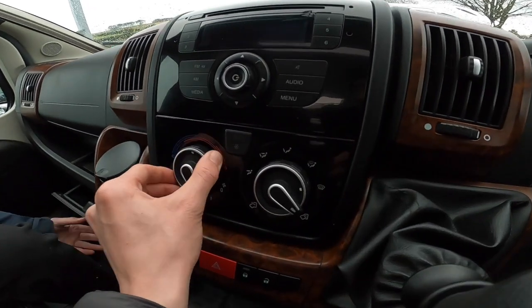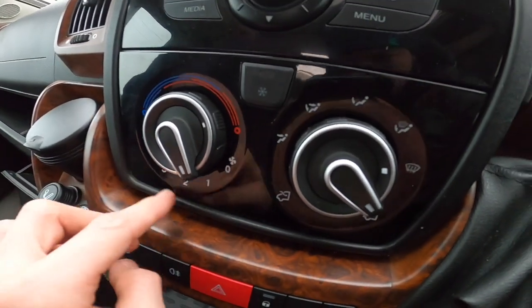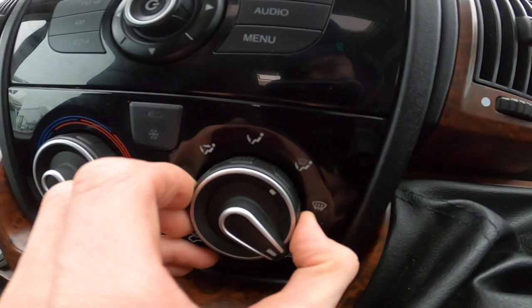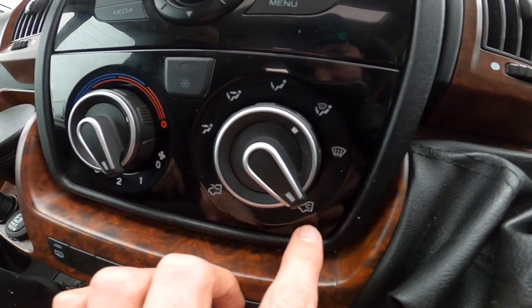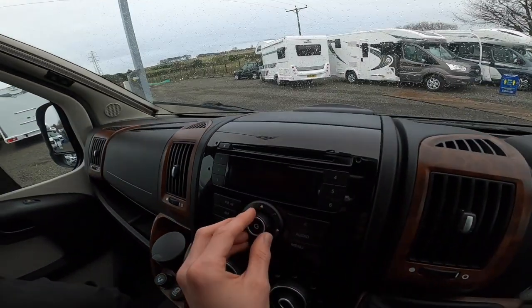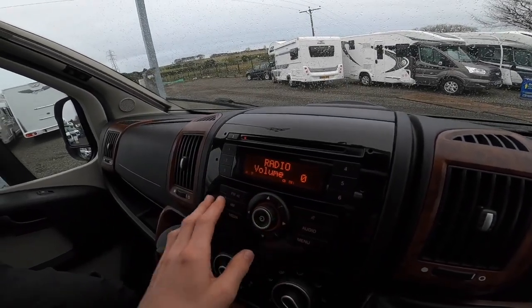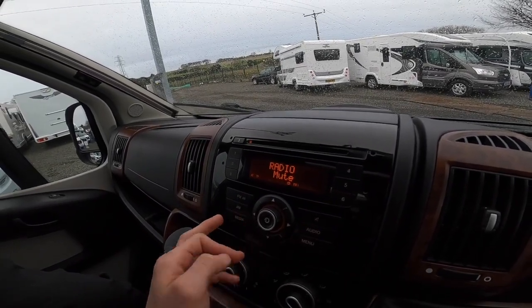And then you do have your temperature on the outside dial and fan speed on the inside. It must be on at least fan speed 1 or more for the aircon to work. And then you've got your distribution, so where you want the air to go to, face, feet or screen. And then you can either recirculate air like it is now, or you can bring fresh air in. On the radio itself, you've got FM and AM, and you can press 1 to 6 to save your favourite channels, or you can put a CD in, or you can go to media, which is either CD